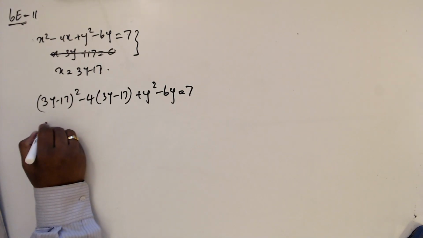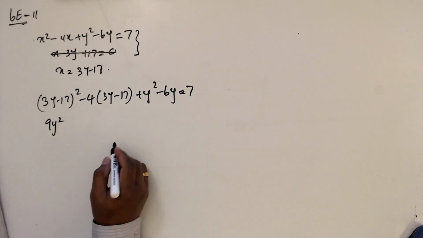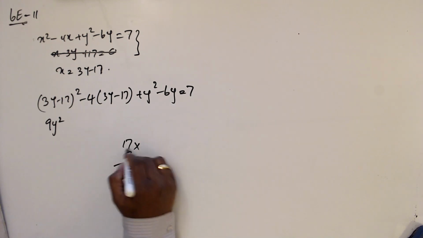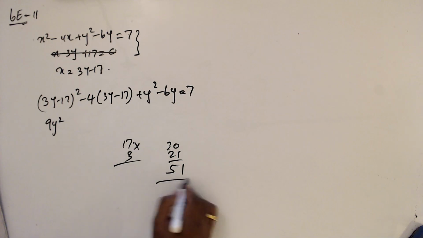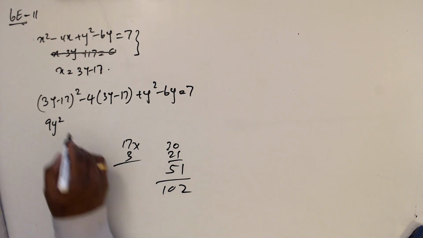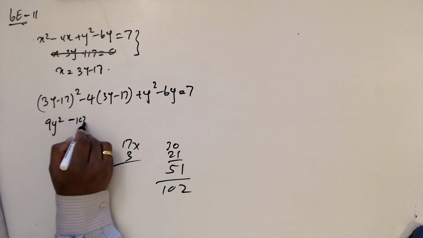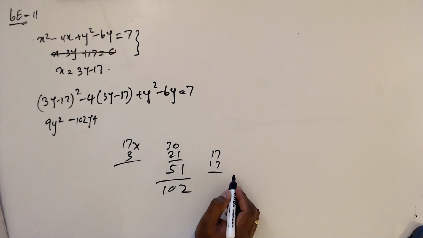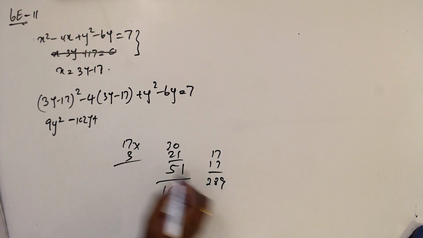So this is going to be 9y square, 17 times 3, 10 times 3, 30, 7 times 3, 21, 51 double, 102. So then this is going to be 102y plus 17 square, 289